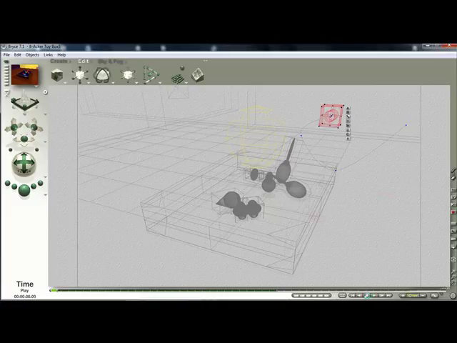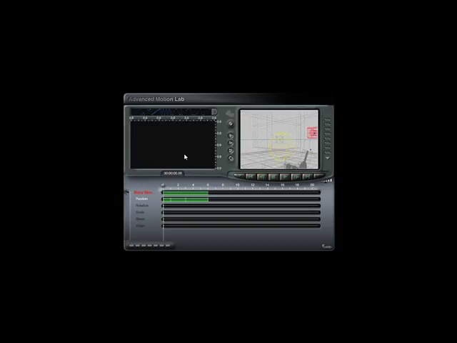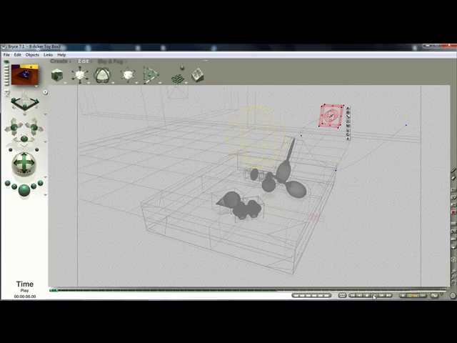Not too bad. Okay, now here I'm just going to adjust it a little more. I want it to go a little faster up to the end. Okay, that's looking pretty good